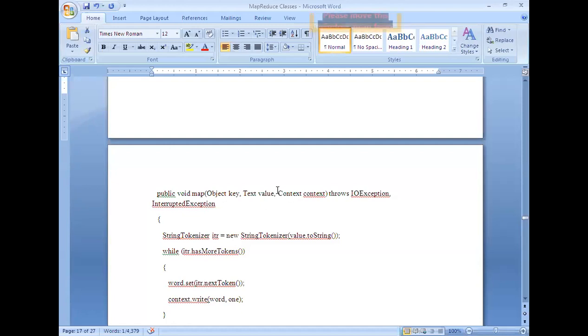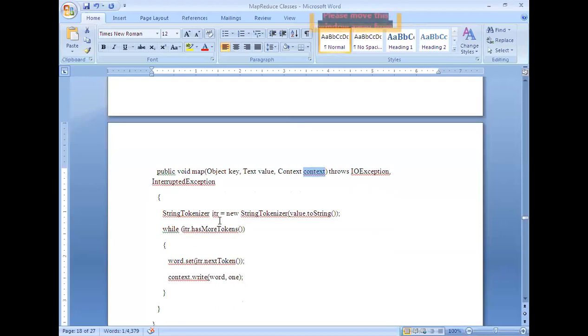Instead of the output collector, here I used context. As we discussed in YARN, YARN provides various contexts. Here our context is meant for writing the outputs. This is the context object that we are supposed to use. Right, it throws the IOException.